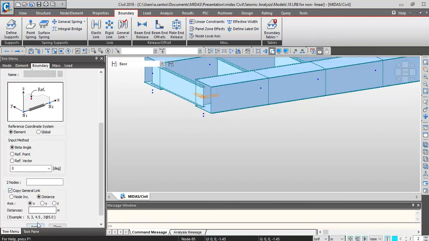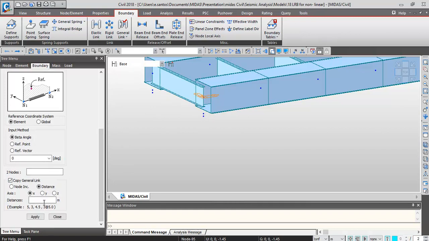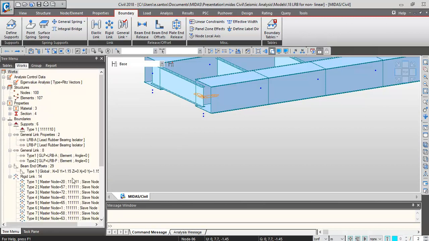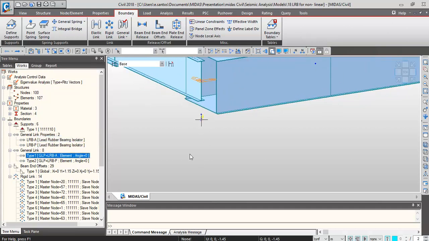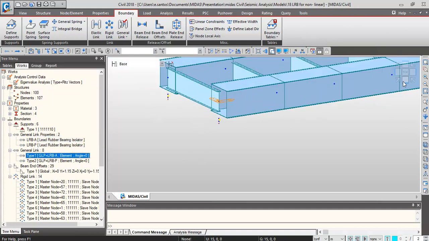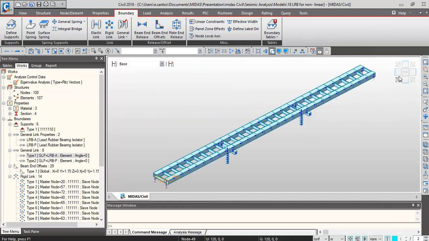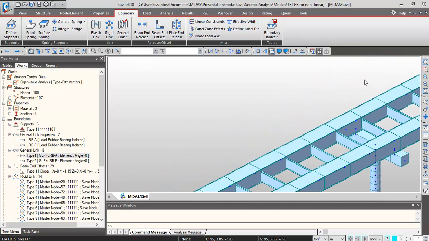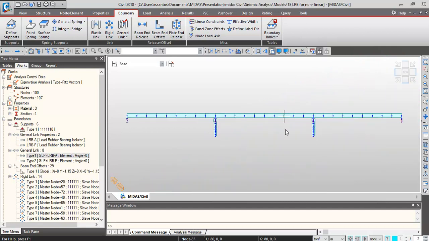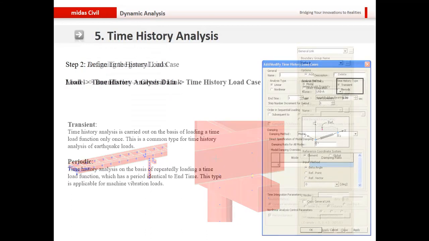You can copy it in the X, Y, and Z direction if you have the same location, for example. You can do that as well in here, and the program will basically copy it. If you want to check graphically where they are, you can tell with their number the locations. We have defined in this bridge the location of each one of the LRB isolators, which are the lead rubber bearing isolators. And then you go into